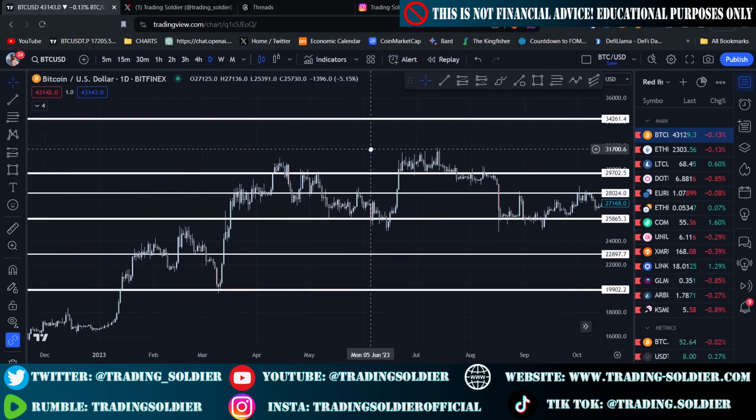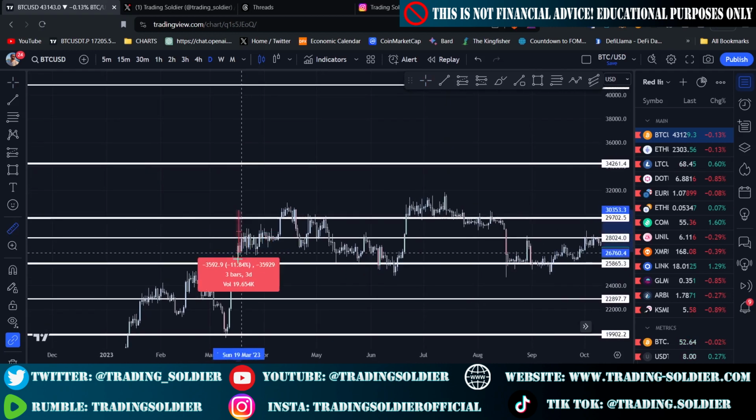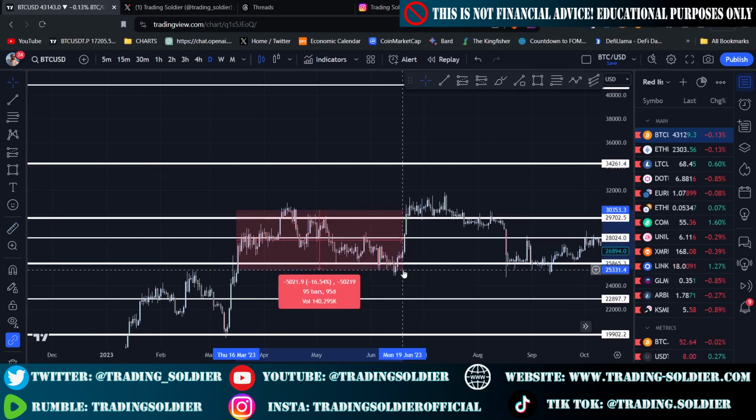So let's say that you take this range here, and you want to trade this range. You identify this support level and this resistance level. So for example, you buy at support here, sell at resistance, you wait,